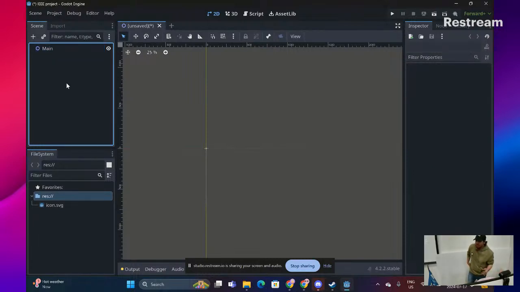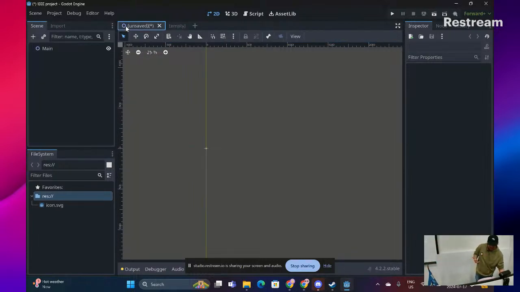So first thing to know in Godot is that everything here, that little circle right there, is called a node. In Godot, a node is basically everything you're going to be using, from sprites to animations to anything that you'll be needing in Godot. It'll be through these nodes. So I'll show you an example